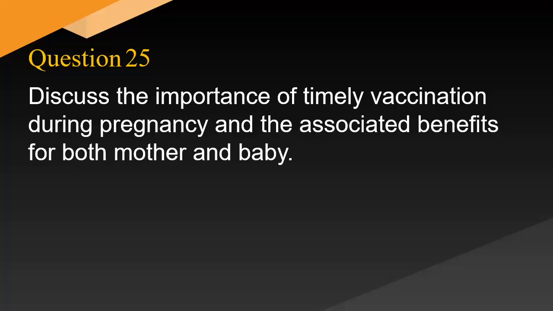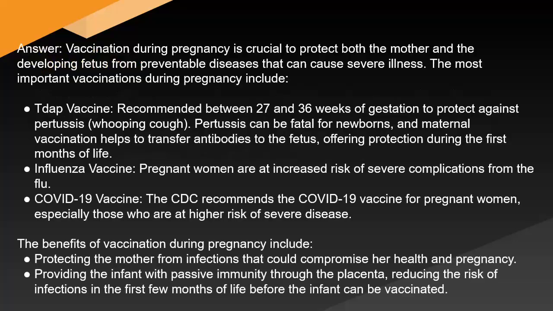Discuss the importance of timely vaccination during pregnancy and the associated benefits for both mother and baby. Answer: Vaccination during pregnancy is crucial to protect both the mother and the developing fetus from preventable diseases that can cause severe illness. The most important vaccinations during pregnancy include the Tdap vaccine, recommended between 27 and 36 weeks of gestation to protect against pertussis, whooping cough. Pertussis can be fatal for newborns, and maternal vaccination helps to transfer antibodies to the fetus, offering protection during the first months of life. Influenza vaccine: